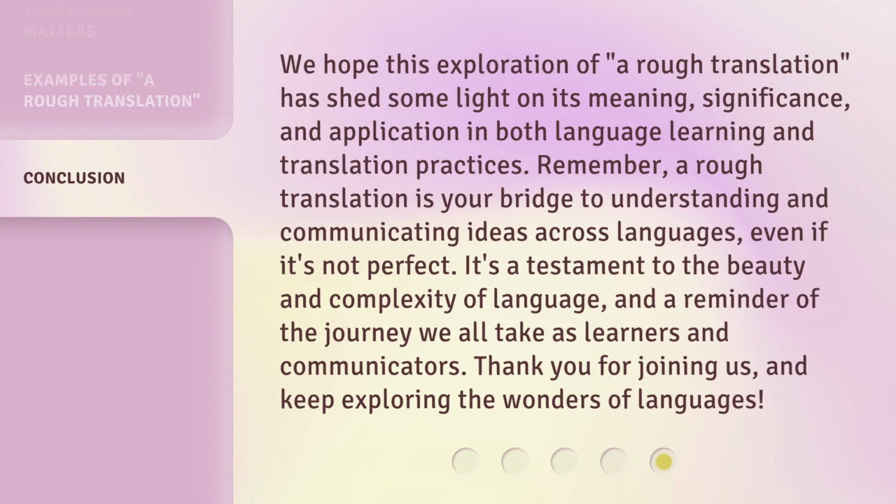We hope this exploration of a rough translation has shed some light on its meaning, significance, and application in both language learning and translation practices. Remember, a rough translation is your bridge to understanding and communicating ideas across languages, even if it's not perfect. It's a testament to the beauty and complexity of language, and a reminder of the journey we all take as learners and